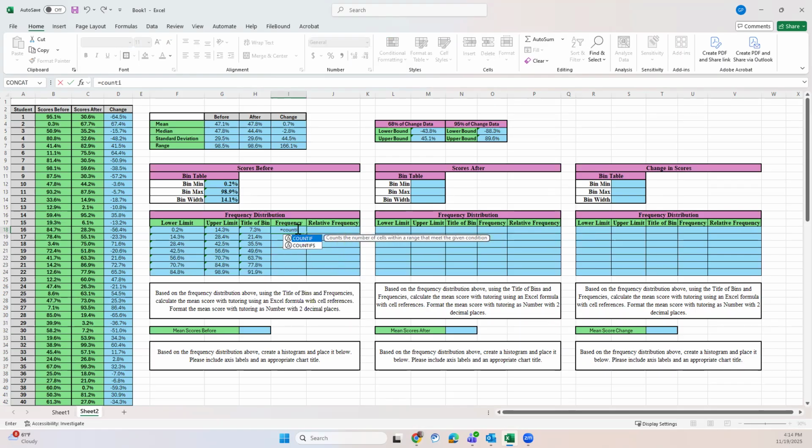COUNTIFS, with the plural, and I'm going to click on it. And my criteria range is B3 colon B102, right? And then I put a comma, and then what's my criteria? So I want to count everything that is greater than this value, the 0.2, my lower limit. So I'm going to say